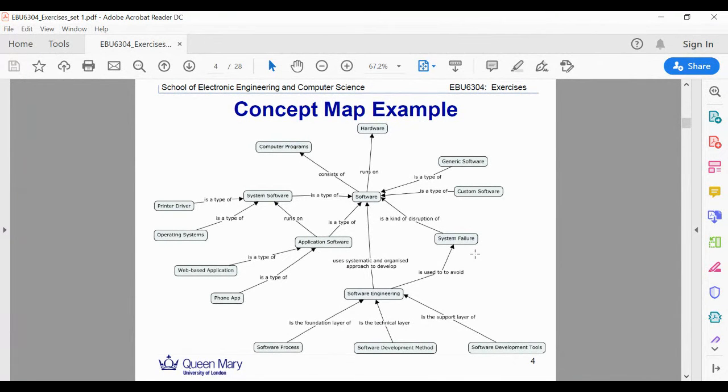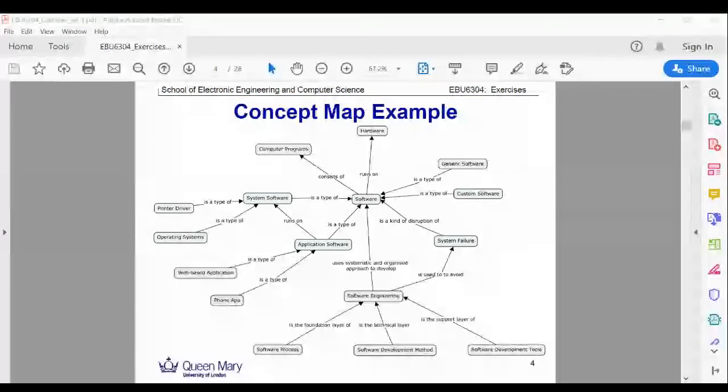So software failure is always happening, right? You can see on the QM Plus website, we provide a lot of failure examples. One is most recent, just last week, the Heathrow Airport IT failure again. So yeah, you can see the failure could be large scale, with lots of impact, or small scale as well. Okay, so following this diagram, we can see